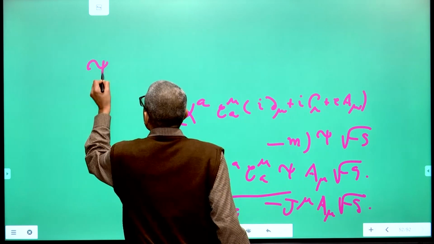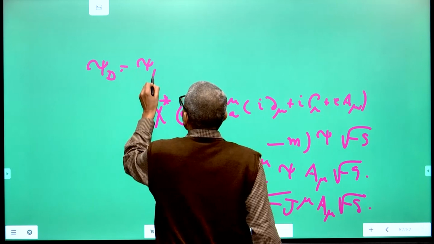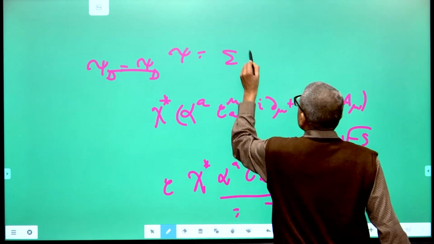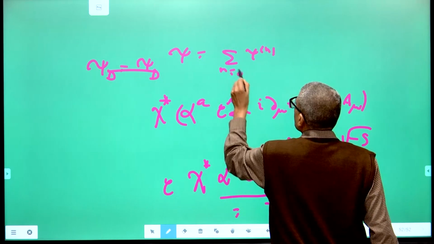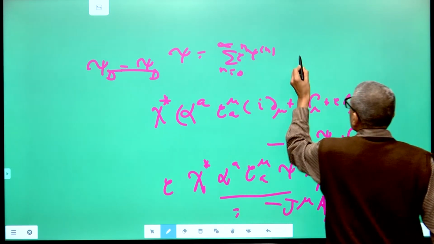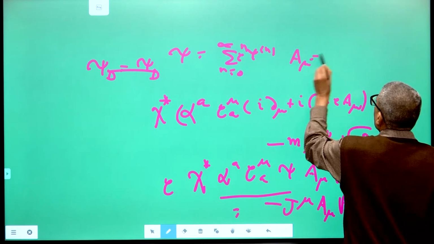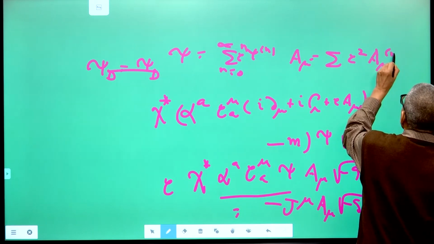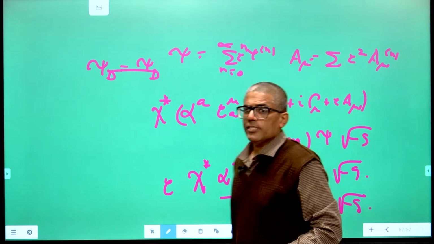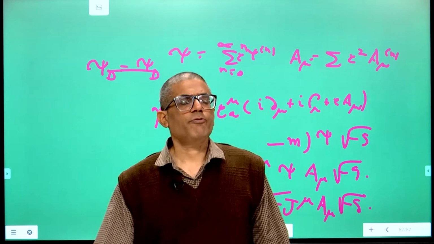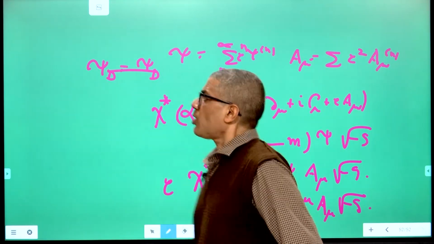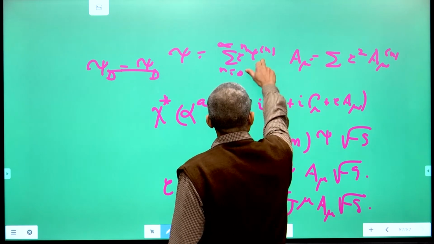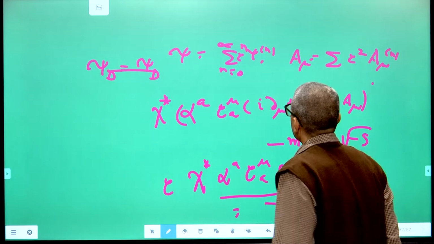For example, you expand the Dirac field as summation psi n, n equals 0 to infinity, in powers of the electronic charge, and you expand the Maxwell field A mu also in powers of the charge, let us say a charge parameter, A mu n. So to 0th order psi 0 and A 0 will be given by their free solutions in terms of creation and annihilation operators of photons. The higher order solutions must be obtained by perturbatively solving the Dirac equation and the Maxwell equations simultaneously.